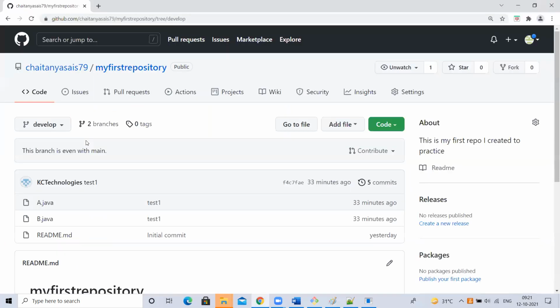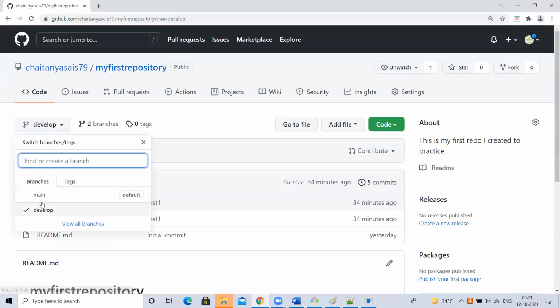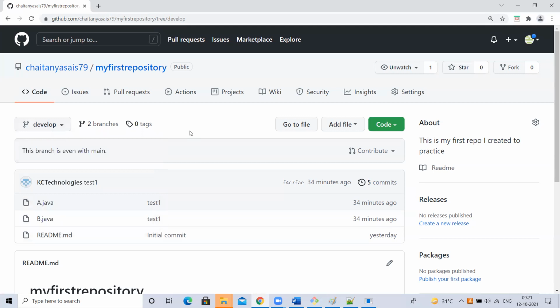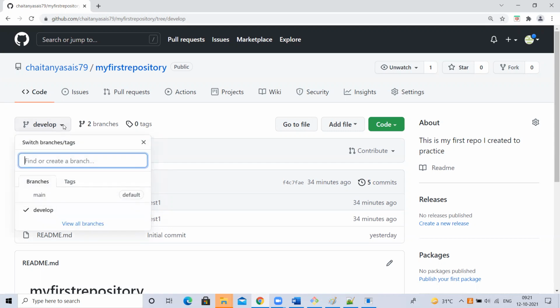Now tell me, the same scenario. I already had the main branch. I created the development branch. Was the development branch created as an empty branch? No. I selected main as the from branch. So all the changes present on main came to development. That's it. After creating development, both are different. But while creating development, I selected main as the from. So all the changes from main came to development. Understood, guys? Okay. Now I want to create one more branch called the QA branch.